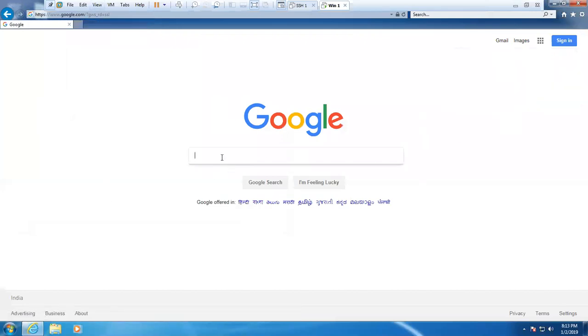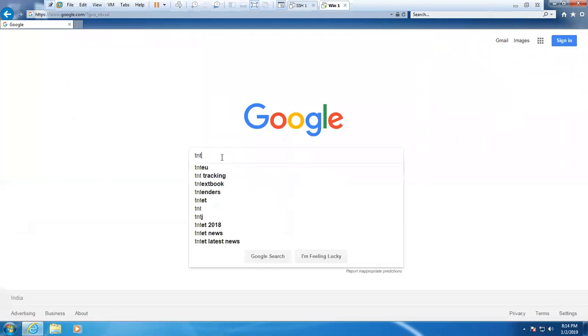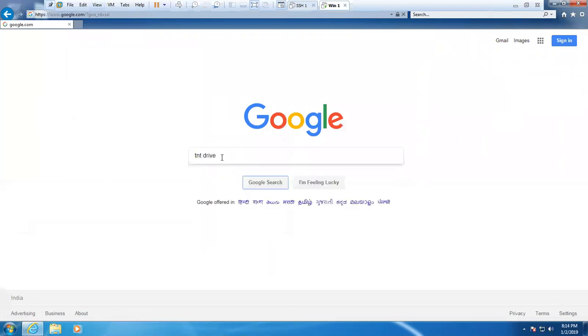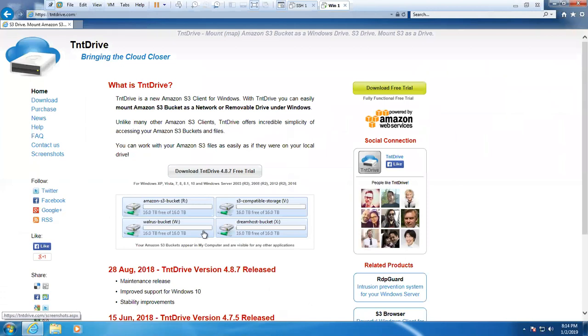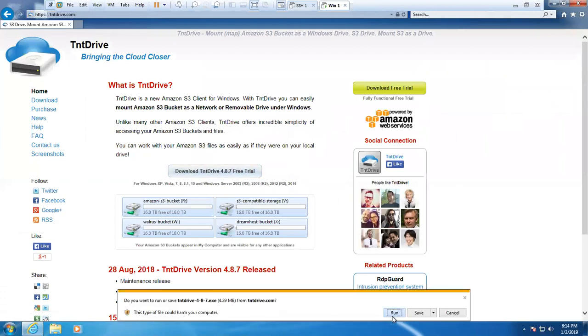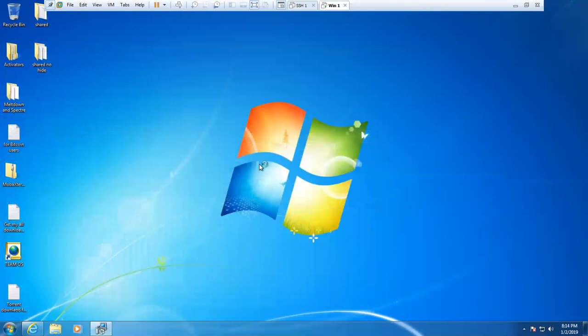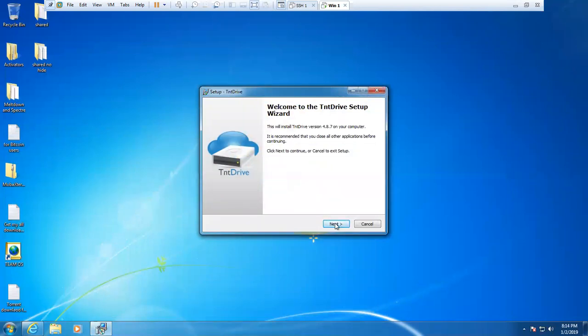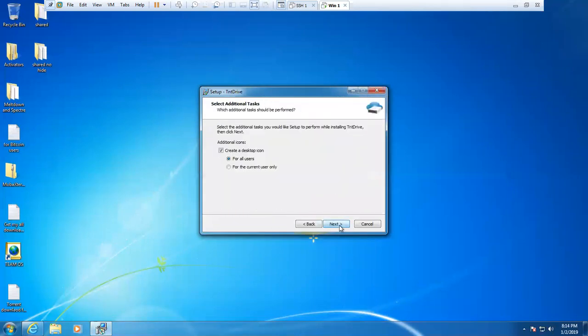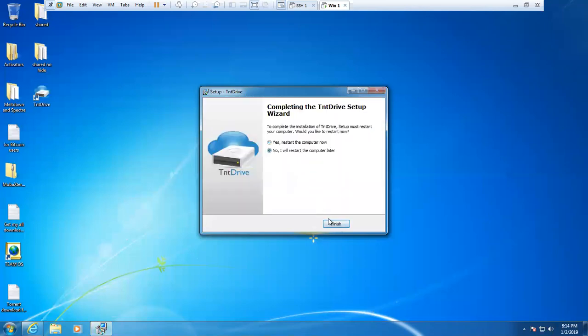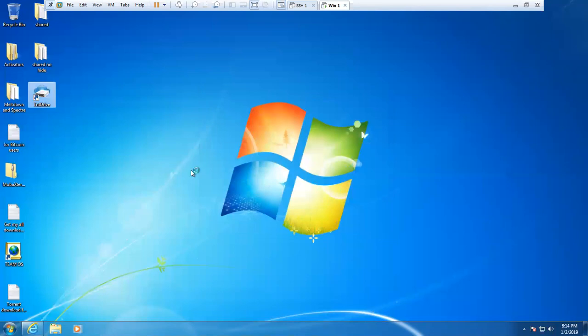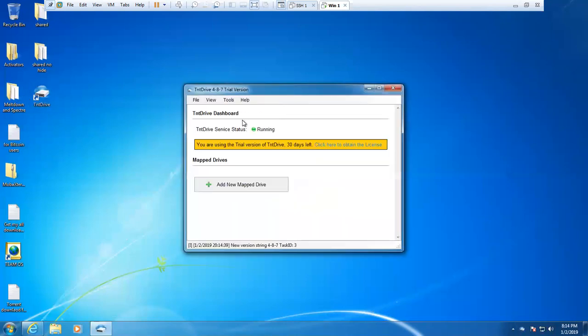So go to TNT drive. See here, trial version only. If you want, you can directly download the trial version and go. Accept agreement and next. Double click. It will open like this. And there we have